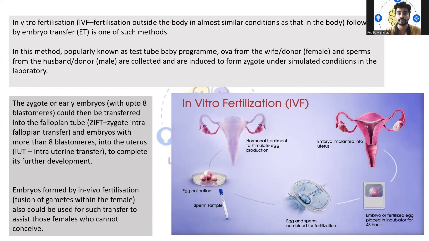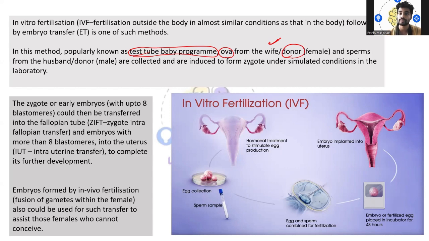So initially you make the egg get fertilized, and then whatever egg has been fertilized, you place it in someone else. See, this method is very popularly called the test tube baby program. In this method, in vitro condition, you take the ova from the wife, or it could be from any donor, which is nothing but any other female,